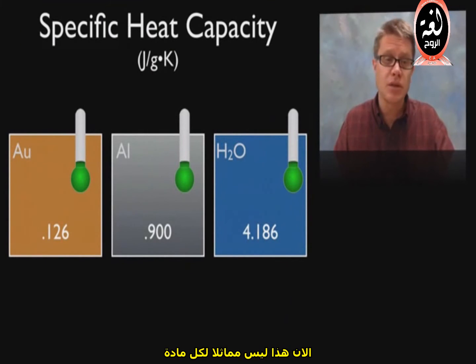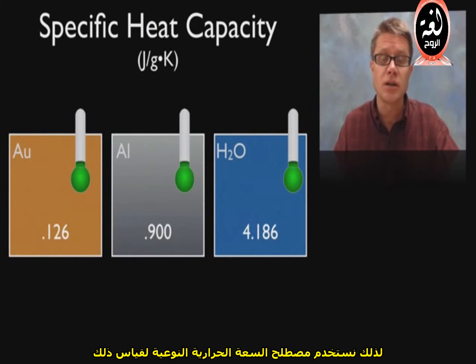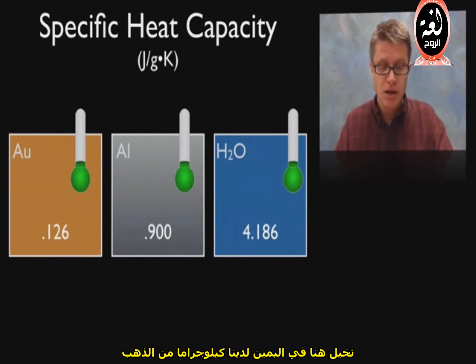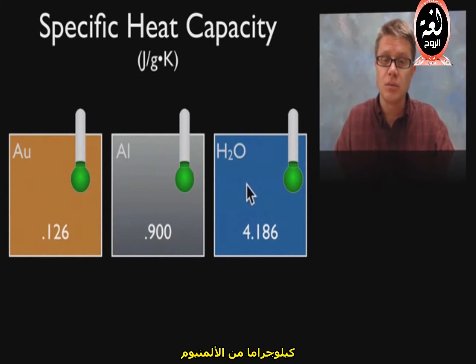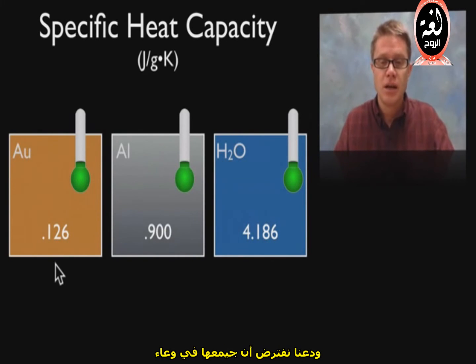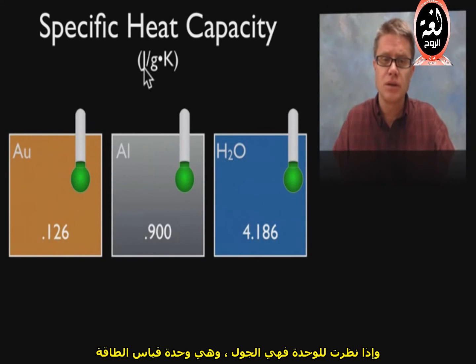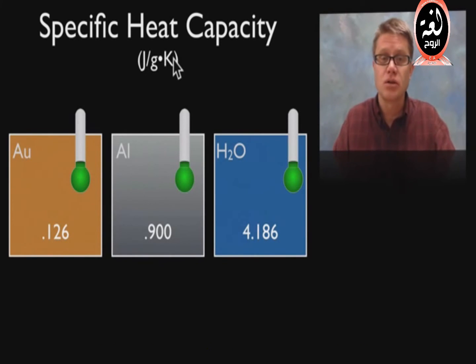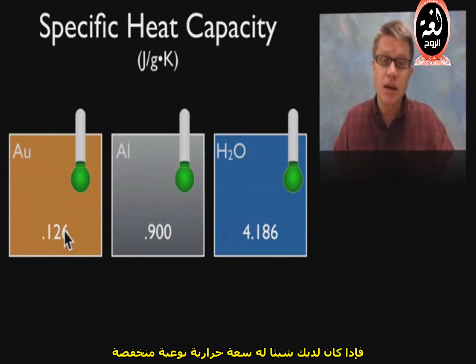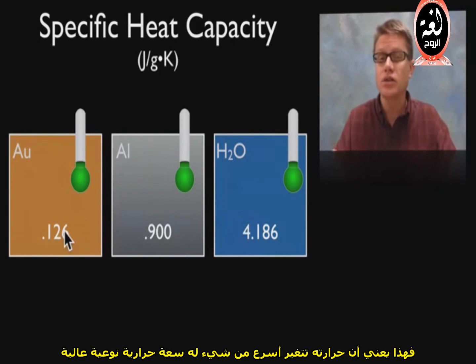Now, it's not the same for every substance. And so we use a term called specific heat capacity to measure that. And so right here, you could imagine we have a kilogram of gold, a kilogram of aluminum, and a kilogram of water. And let's say that they're all in a container. And so if you look at it, they're going to have different amounts of specific heat capacity. If we look at the units, that's joules, which is a way that we measure energy, per gram, and then Kelvin or degree Kelvin. And so if you have something that has low specific heat capacity, that means the amount of energy it has is going to change more readily than something that has a